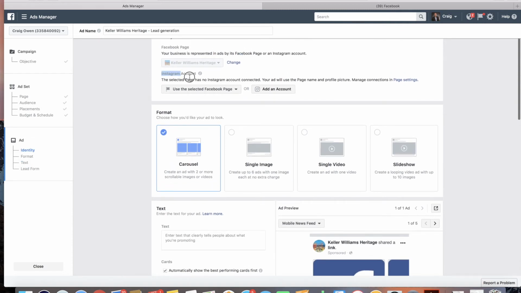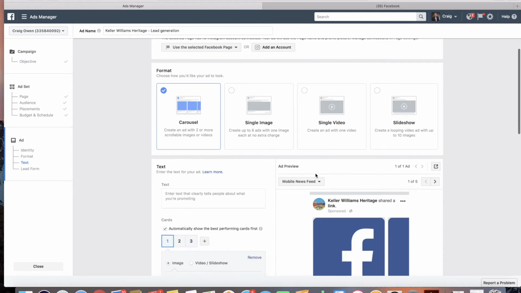If you have an Instagram account for your business page, if it's not already linked to your business page, the selected page has no Instagram account connected, like we don't have a KW Heritage Instagram account, so your ad will use the page name and the profile picture. So if they did put it on Instagram, what they're saying is, because Facebook owns Instagram, I wouldn't actually have an Instagram account that someone could go click on and look through my Instagram account. It would just look like